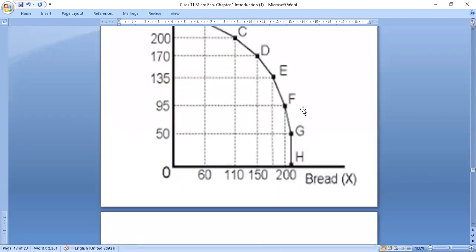This diagram shows us that, for example, I am taking the combination of D. Let us say we are producing 170 of good Y and 150 of good X. Now, if the producer wants to increase the production of good X from 150 to 200,